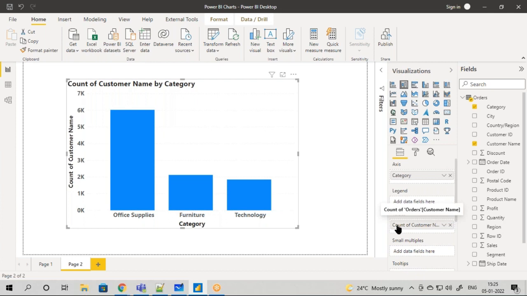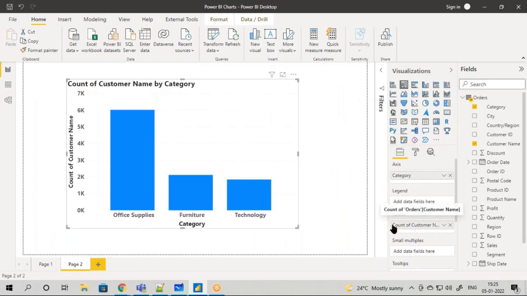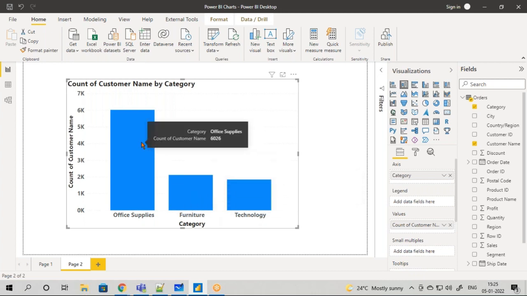In the previous example, we had taken sales, it was adding it. We were able to get average, minimum, maximum. So everything was possible. But in this case, it is directly taking count, and that is the reason I am giving 1 star. And remember one thing, though it is a categorical data, internally it is taken as count, so it becomes a numerical value. Internally it is taking as count. So if you see the count of customer name, internally it is converted into numerical value.